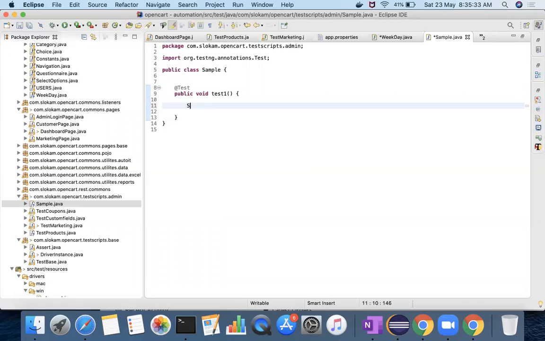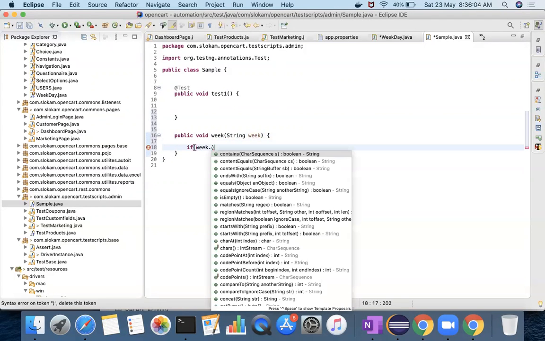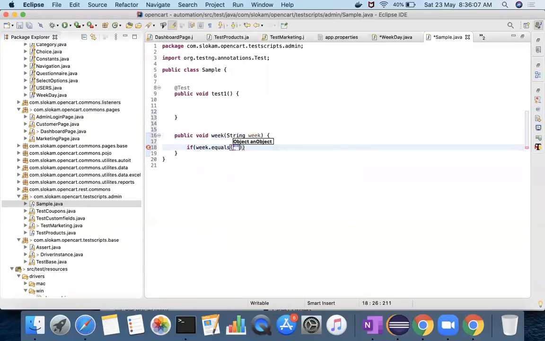I think I have this code somewhere. Just give me a second.